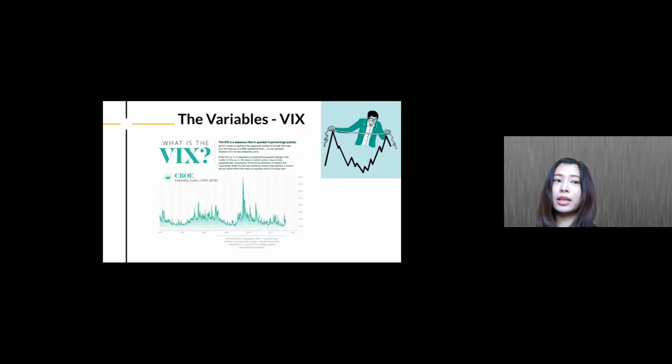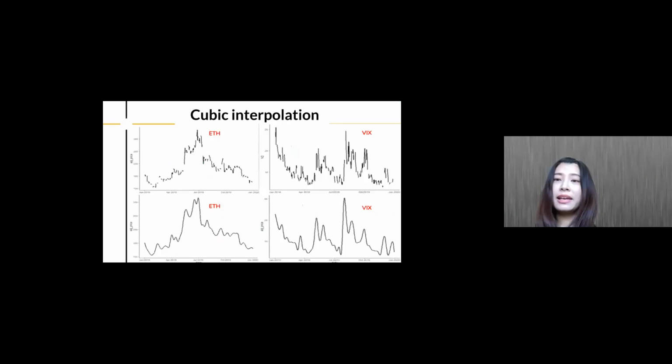Well, after looking into the data sets, we found out that two of our data sets, Ethereum and VIX, have missing values. The missing values of the Ethereum data set are on weekends, and those of the VIX data set are on both weekends and CBOE expiration holidays. Since the other 9 data sets are complete, we decided to fill in these gaps by using a method called cubic spline interpolation. The basic idea is to draw smooth curves through a number of data points via a drafting tool.